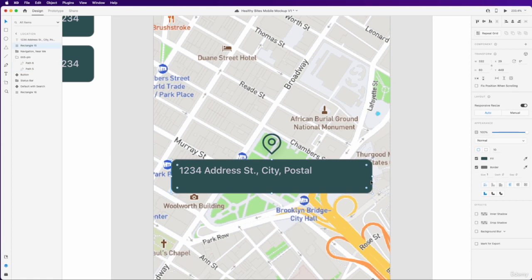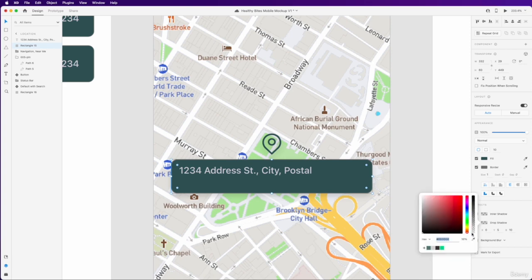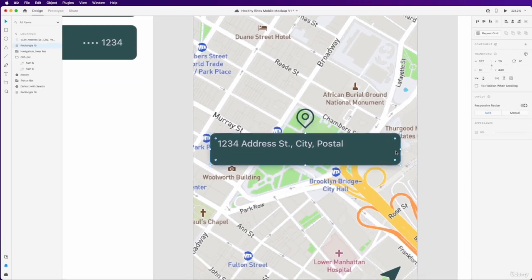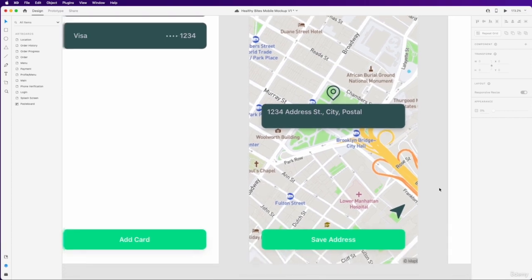I think let's go ahead and apply the same thing for the background of this text box here. Do a drop shadow with a Y of 5 and a blur of 10 and a 20% opacity. I think that looks good. Now I noticed that this rectangle has a border, so I'm going to just remove that. We don't really need it.